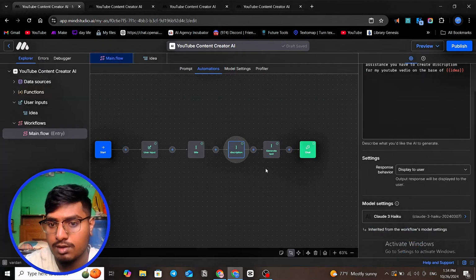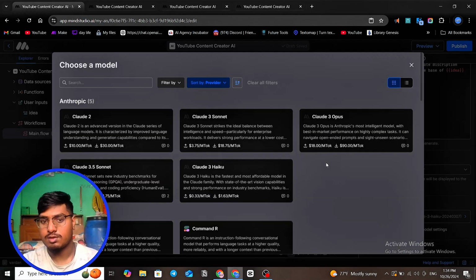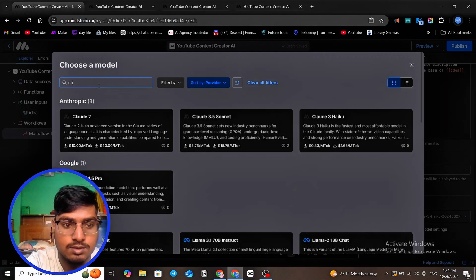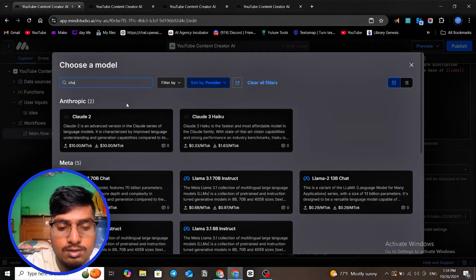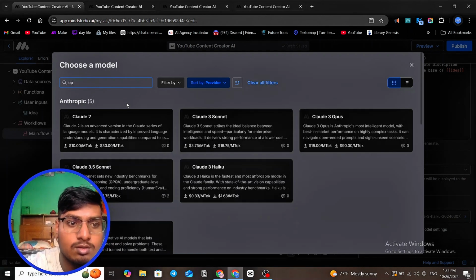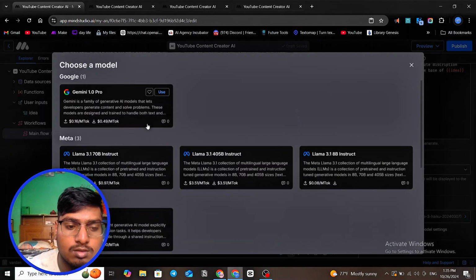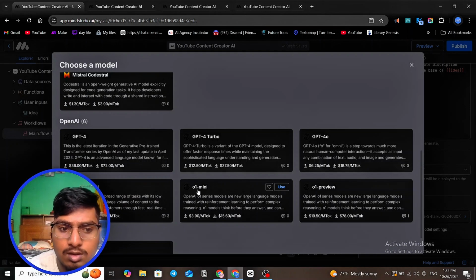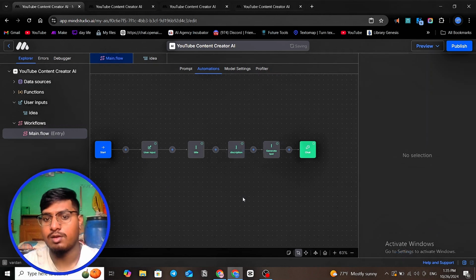And for description we use ChatGPT. That's good for description. I just have to write OpenAI, and we're using GPT mini. Now,